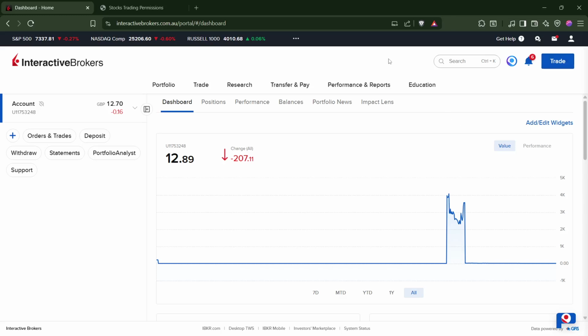Hey everyone, in this video, I'll show you how to buy an ETF on Interactive Brokers step by step. I'll be showing you this on the web version, the client portal. You'll need an active Interactive Brokers account with funds deposited and trading permissions enabled for the market where your ETF